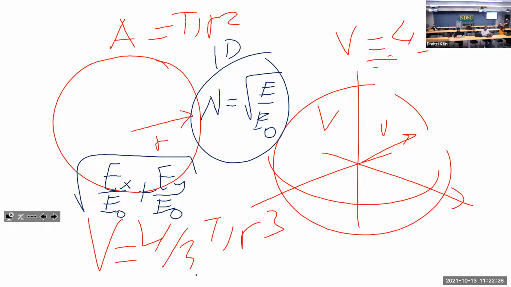Four thirds pi r cubed. So it's the third power of the size. Okay, so if it is a rectangular cube, it is just size cubed. But if it is a spherical shape, it has some factor like four thirds pi, but still the third power, because volume is measured in length cubed, right? Okay, we will appeal to this